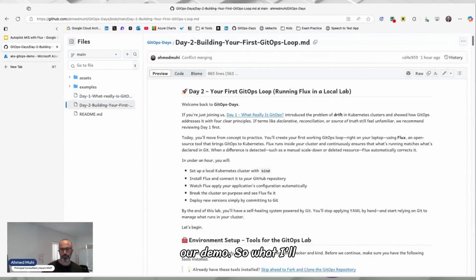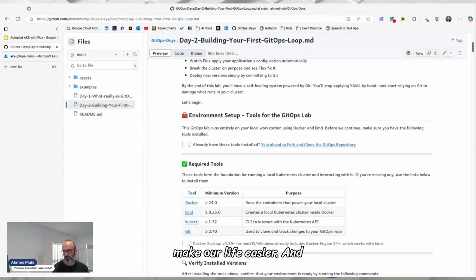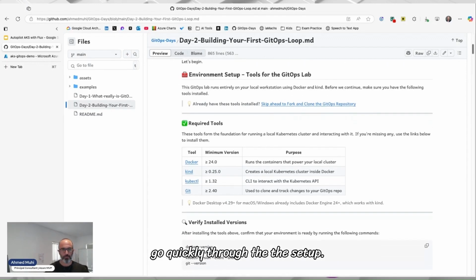So what I'll start with here is a local demo, which should make our life easier. And later I'll connect our Azure Kubernetes cluster. So I'll go quickly through the setup. For our demo, we need to have Docker installed, either Docker Desktop or the Docker engine.